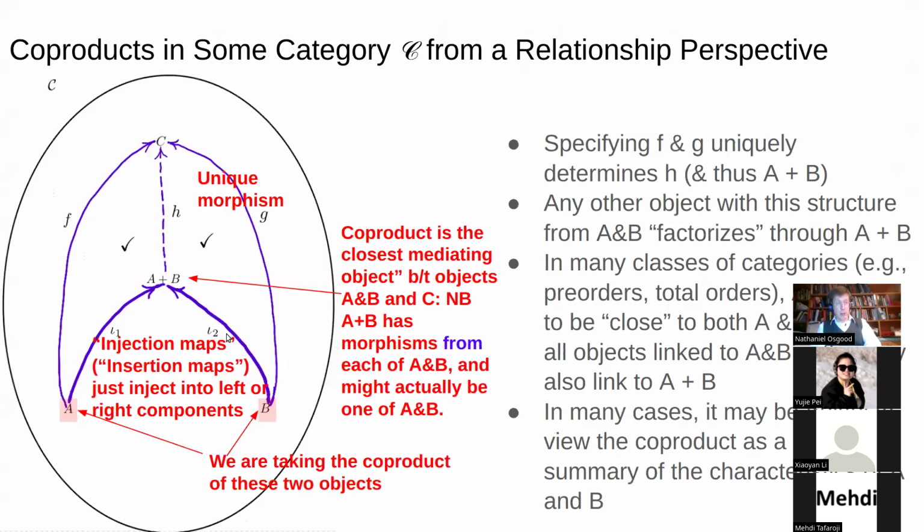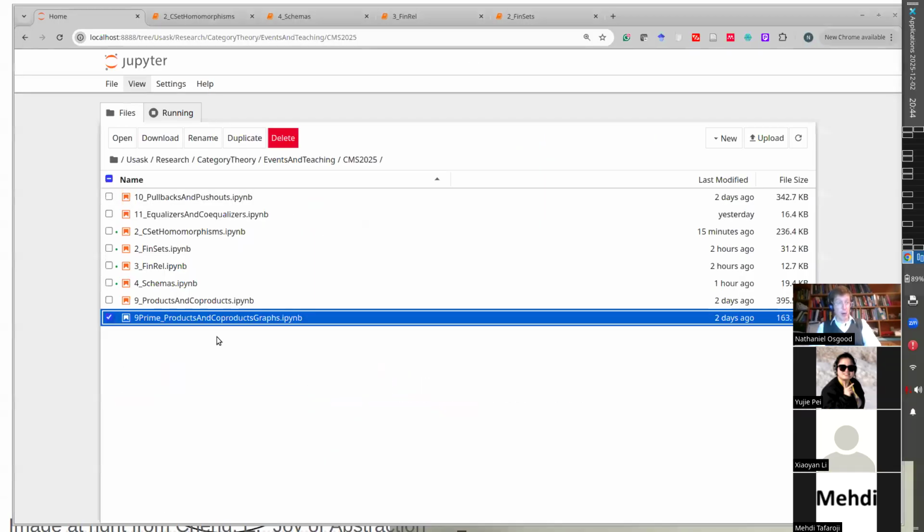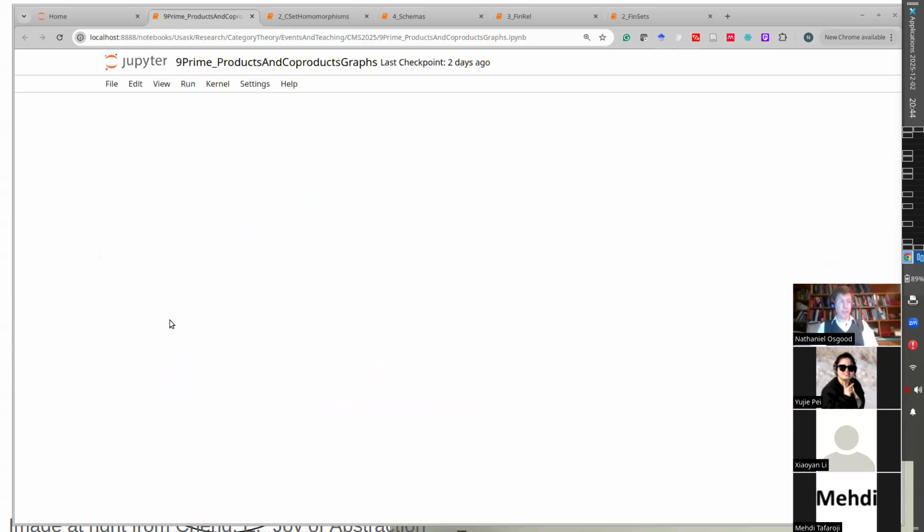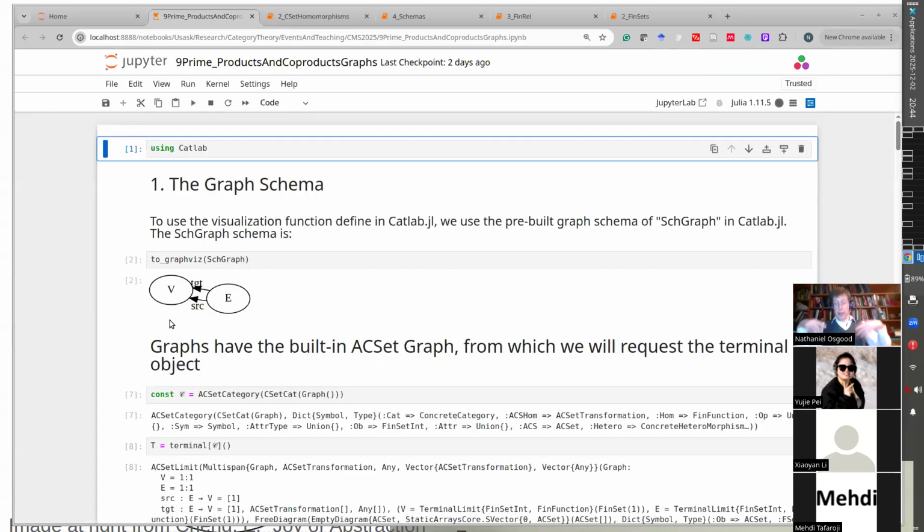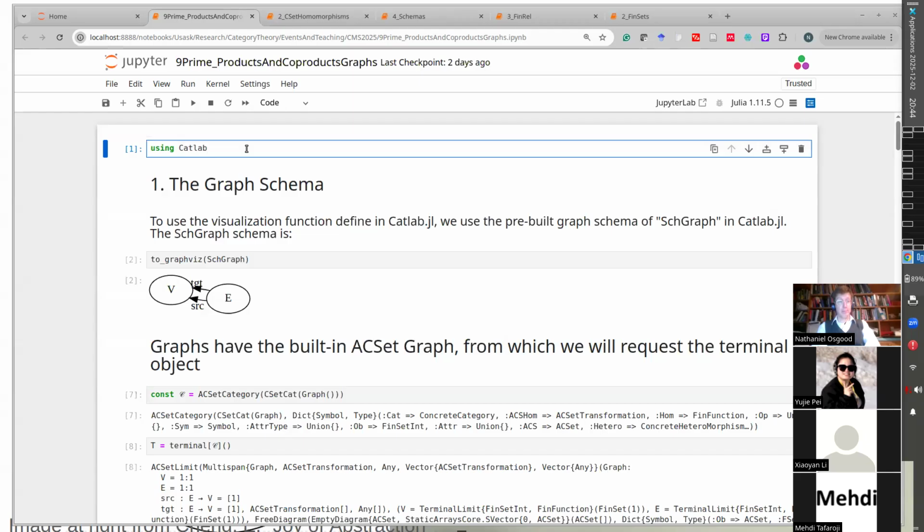Okay, so let's go see this in terms of Catlab code. We should open products and coproduct graphs. Okay, here we go. We're going to see Catlab enact this idea, put it into action, realize it computationally. And we're going to see that together. Okay, so here we go. I'm going to take Catlab,